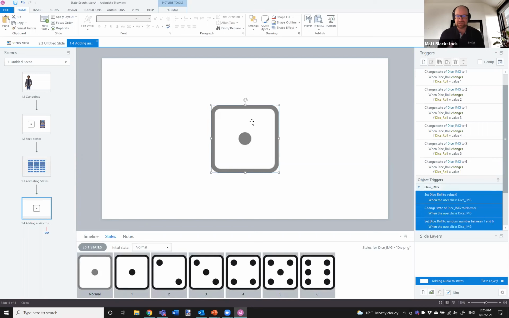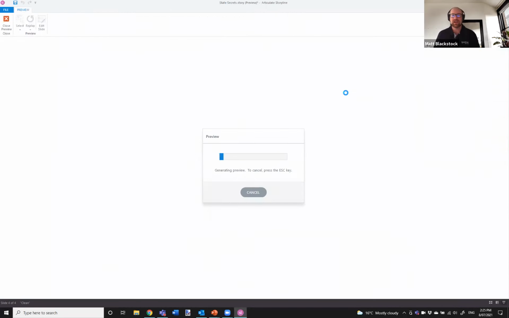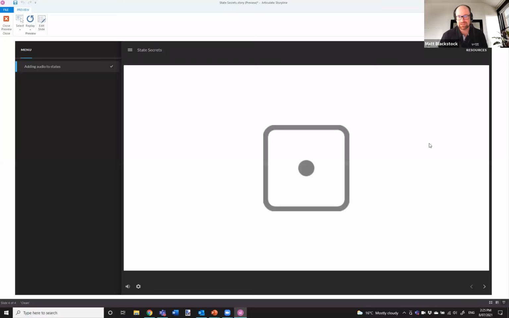So what I've got here is my dice, and when the learner clicks the dice, two things are going to happen. I'm just going to preview it so we can see. It's going to animate the dice, so it's going to look like the dice has been rolled. You're going to hear an audio file play, which is the sound of the dice clattering on the table. And then the state is going to change to whatever that random number variable is, between 1 and 6. So if I click on it, there we go, a little bit of an animation, it spins, and away we go again.